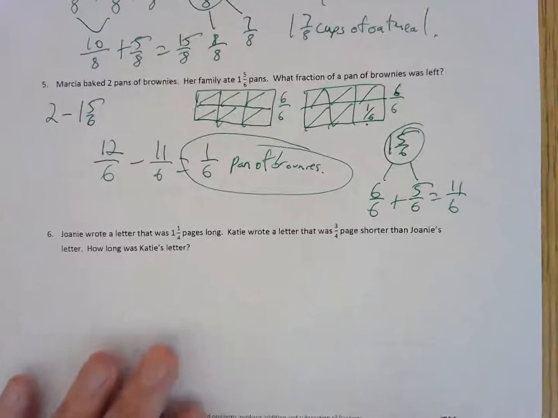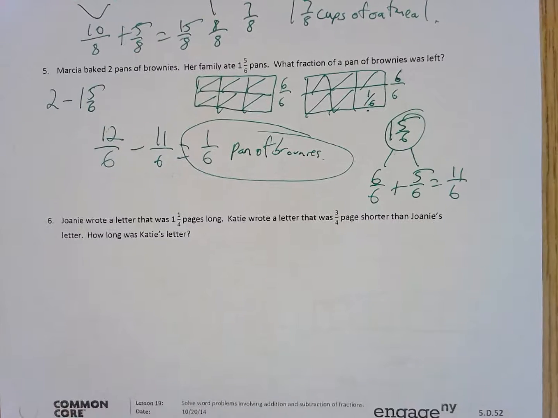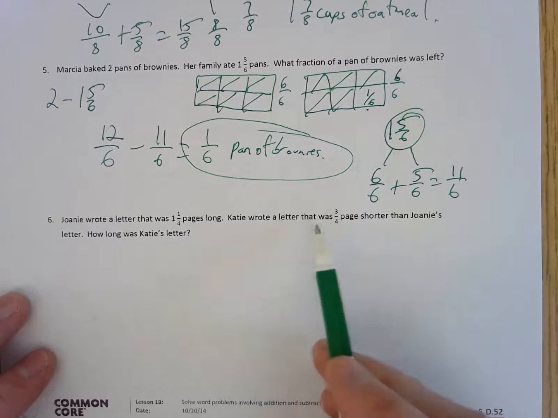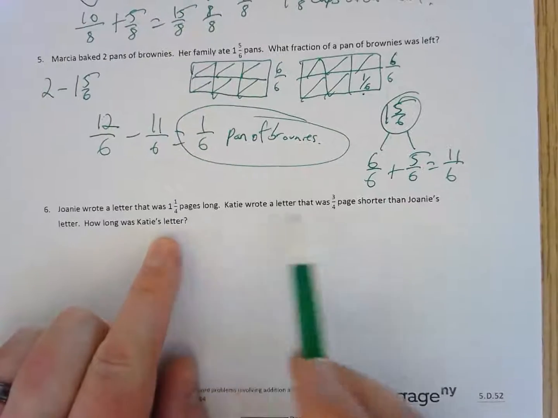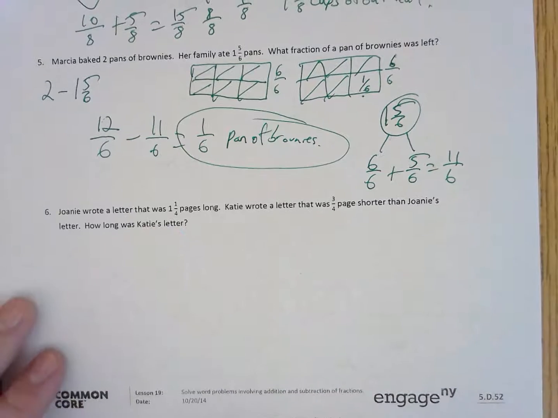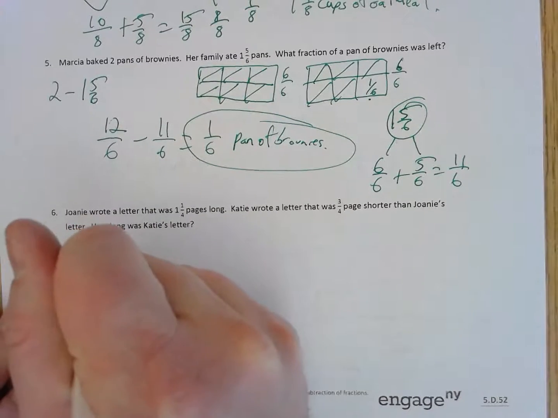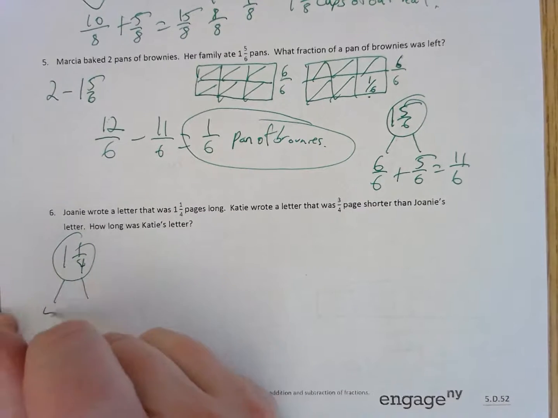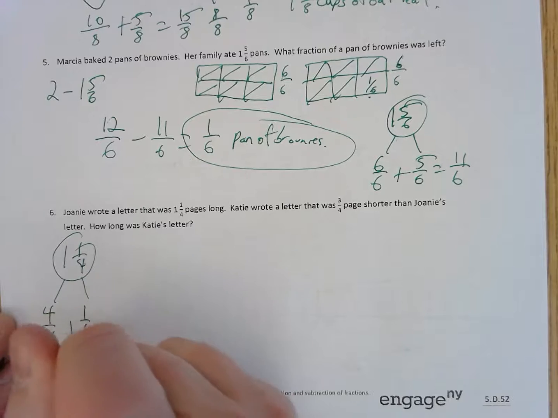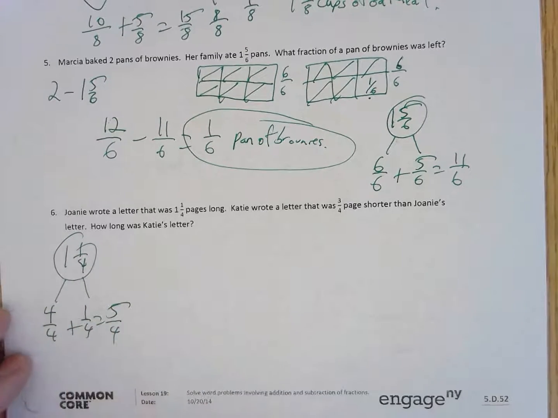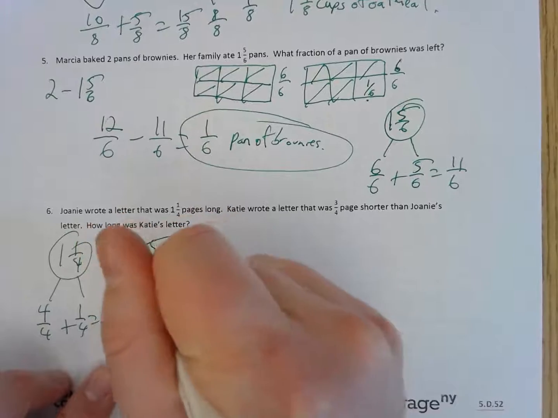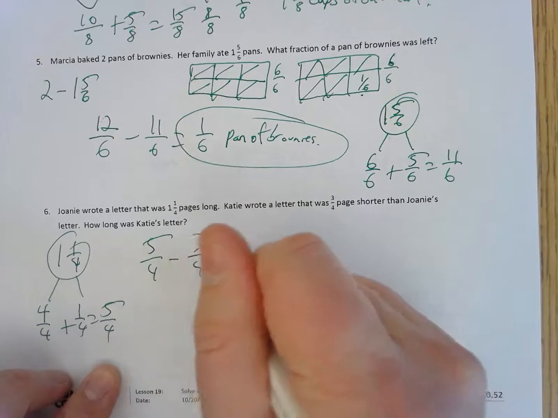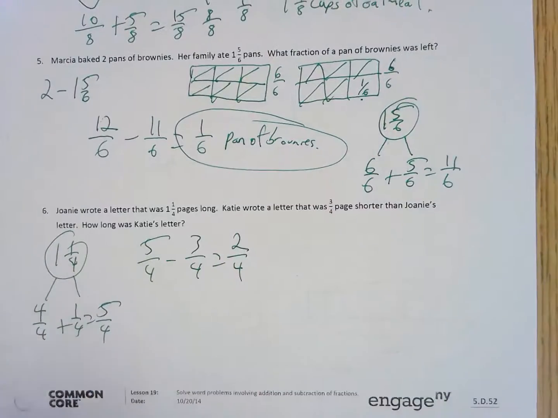Okay, Joni wrote a letter that was 1 1/4 pages long. Katie wrote a letter that was 3/4 of a page shorter than Joni's letter. How long was Katie's letter? Okay, we want to find out how much shorter it was, so we're taking 1 1/4, subtracting 3/4. Okay, so if we take 1 1/4 and we turn it into a fraction greater than 1, our whole is going to be 4/4 plus a 1/4, so that's going to equal 5/4. So now we're taking 5/4 and subtracting 3/4 to get Katie's letter was 2/4